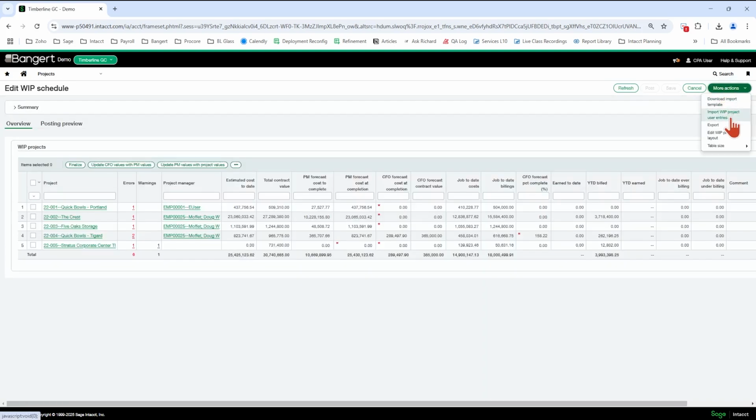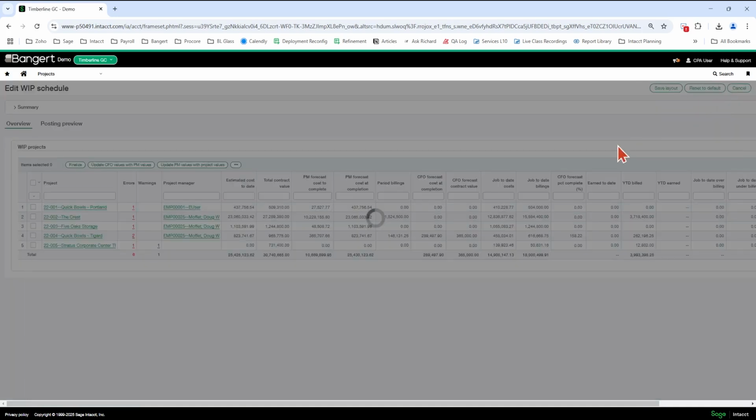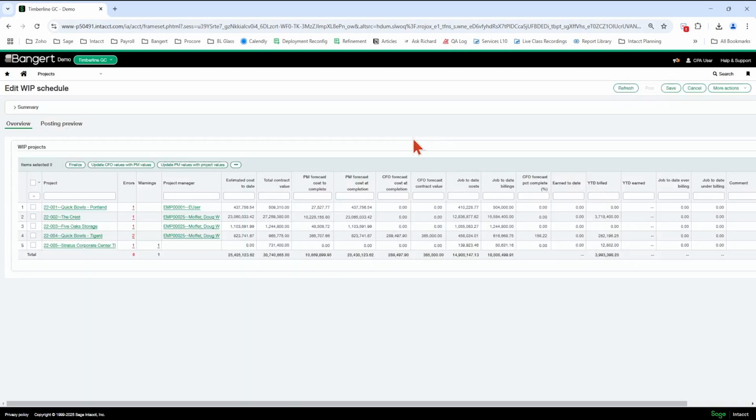Also, don't forget that you can change the layout of the columns in the fields that are showing on the layout level here. You can now move these new fields up here into the grid. Also, now you can refresh and it will save your work automatically. So don't be afraid to hit the refresh button now. It's going to save your CFO values, your different columns, instead of not saving.